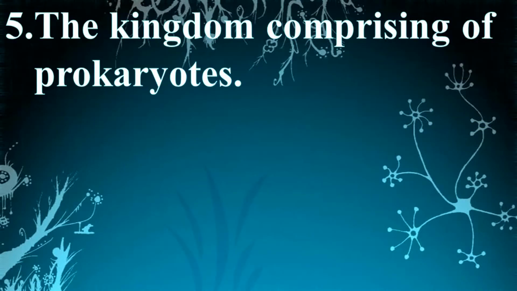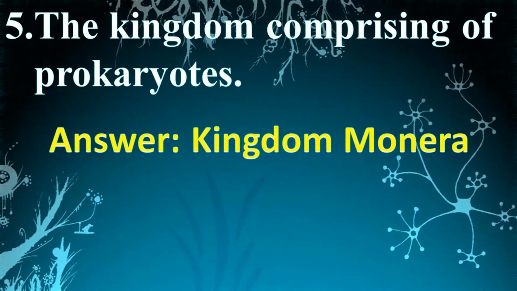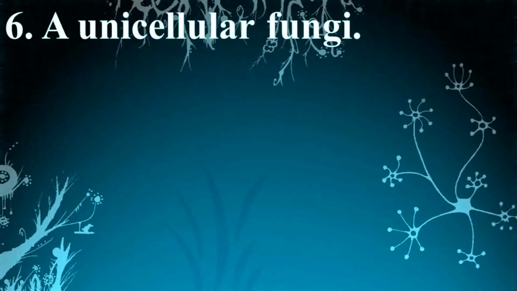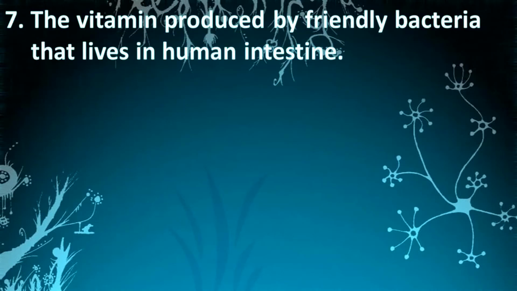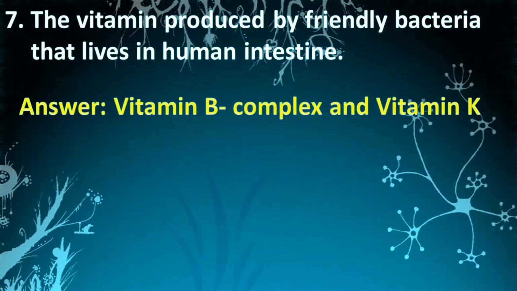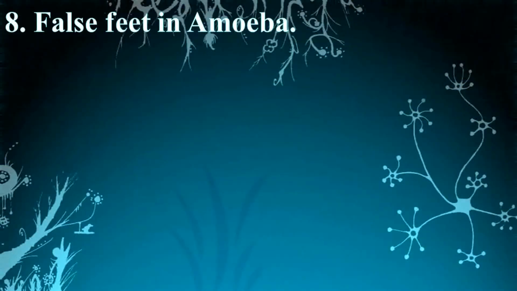The kingdom comprising of prokaryotes. Answer is kingdom Monera. Next question. A unicellular fungi. Answer is Yeast. Next question. The vitamin produced by friendly bacteria that lives in human intestine. Answer is vitamin B complex and vitamin K. Next question. False feet in Amoeba. Answer is